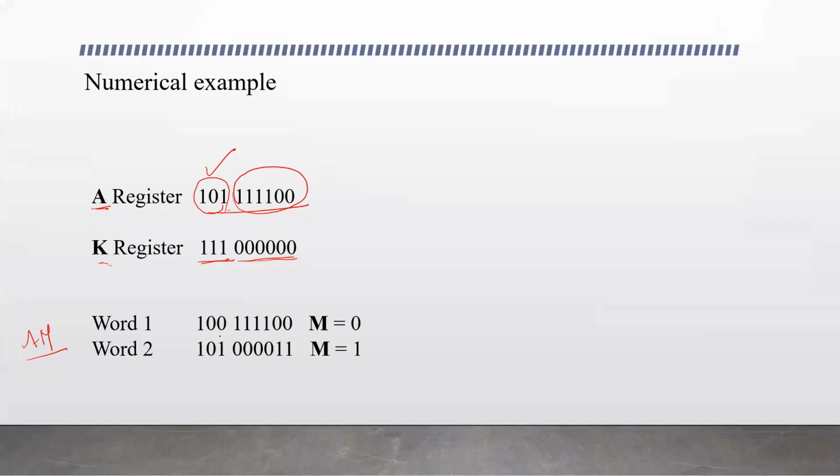Word 1, the content of word 1 is 100. We compare the first 3 bits, it is 100. So there is no match, and M is set to 0. M is the corresponding bit in the match register. How is the comparison done? The first bit is checked with this. It is correct. So one bit is set, let's say x1. x1 is 1.